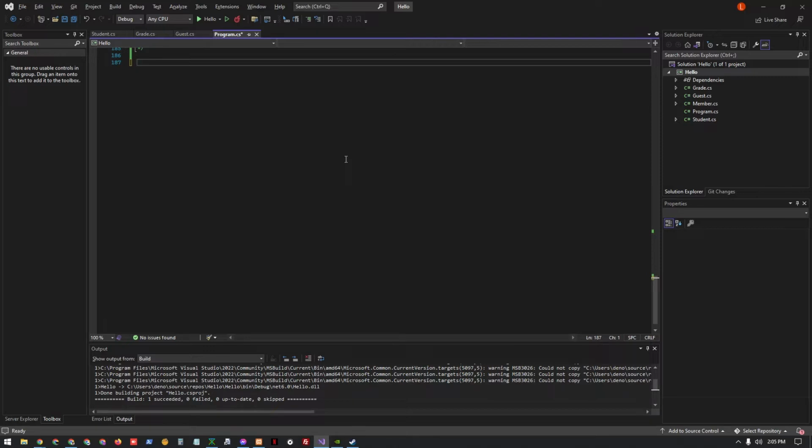So in C#, to declare an array, first you have to specify the data type, for example, integer, and after that comes a square bracket. This tells us that the type of variable is an array of integer. And next is the name of the array, so let's say, students,